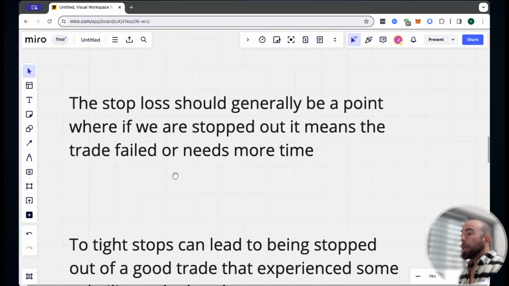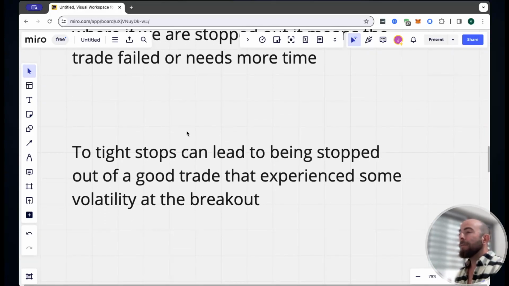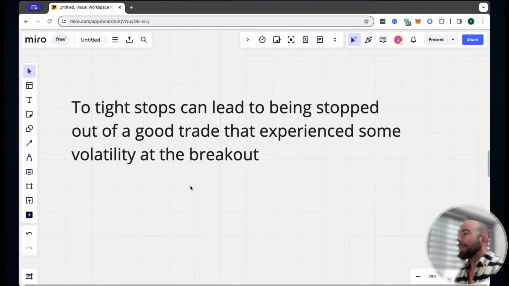Now, remember that too tight of stops can lead to being stopped out of a good trade that experiences some volatility at the breakout. So for example, let's say you take a trade and you put the stop at 1% just because you don't want to lose more than 1%. I don't know why, right? You will get stopped out many times of good trades that just experience some volatility on the breakout, because sometimes